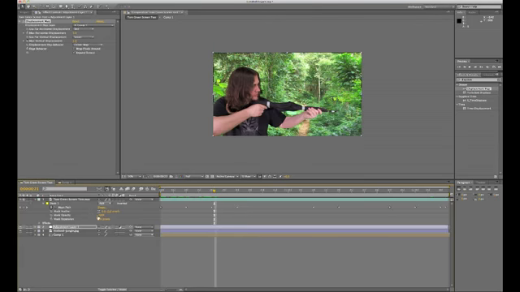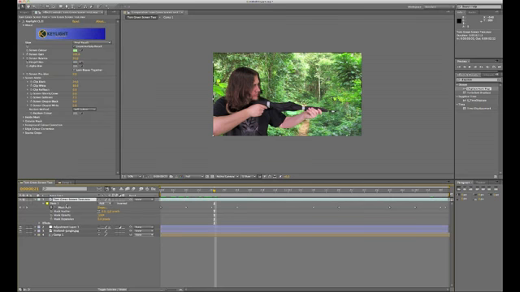So what we're going to do now is change this adjustment layer and make it use an alpha matte of our actor. So what that means is, if we look